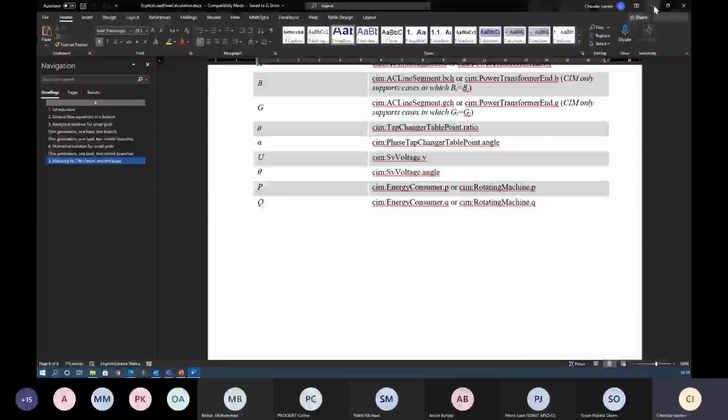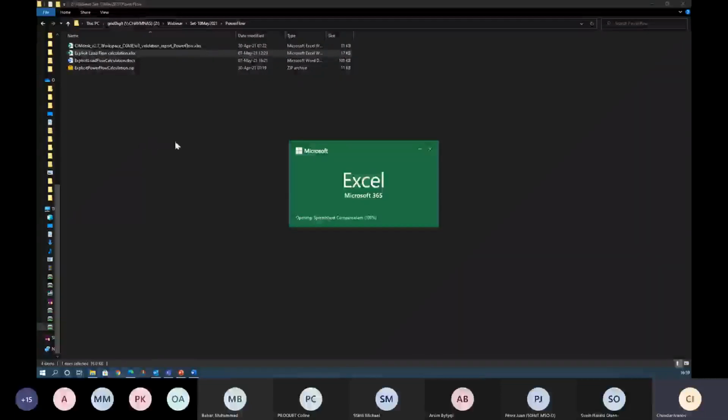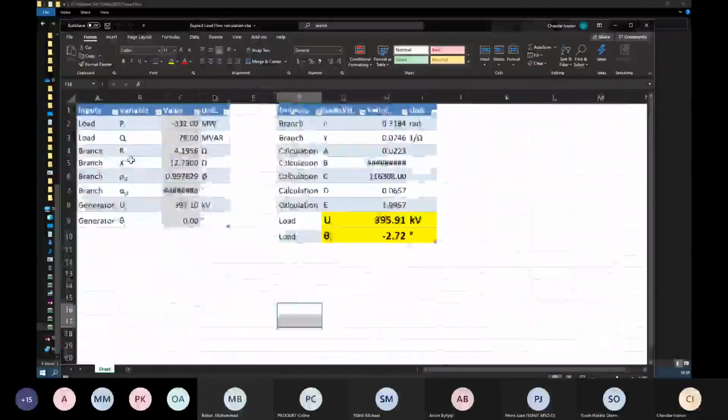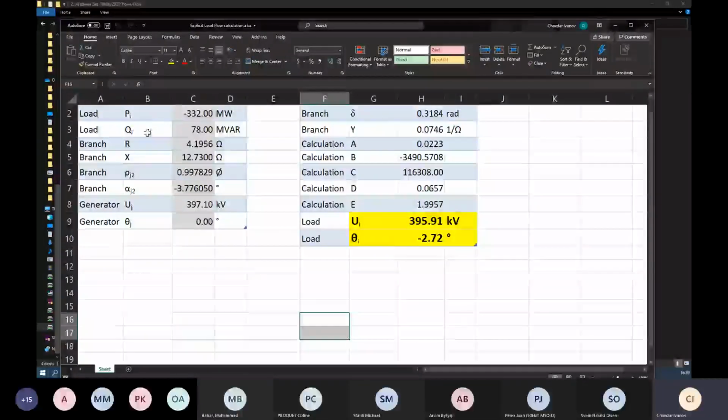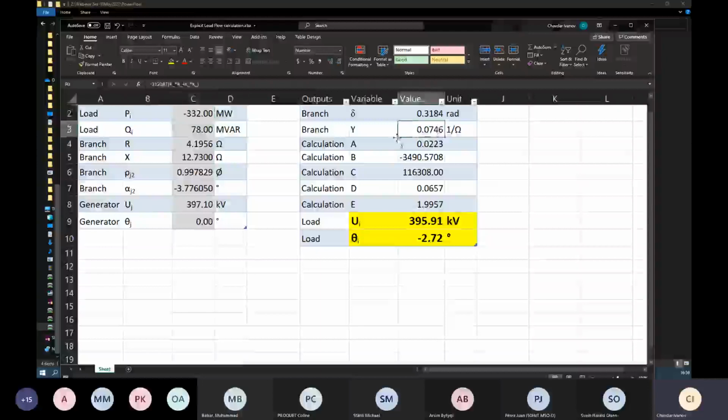So what we have here is the explicit load flow calculation, and in that table you can actually change things. These equations are embedded here, as you see, and you can change the load, and then normally you should get that result on that node there. Or you can change taps as well.